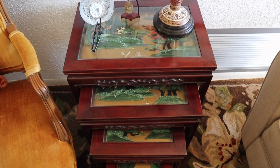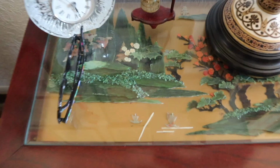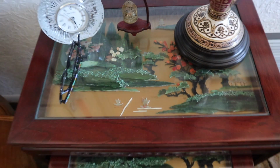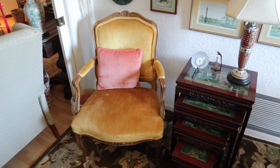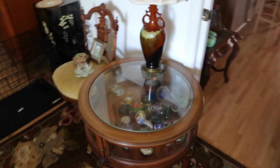These are kind of neat with the scenic relief in the hard stone. This is something that we see done over, well, a very, very long time, but these are going to be 1970s, I would say, by the design. She also had some of her parents' furniture, so it's going to be an eclectic mix of antiques, collectibles, vintage,